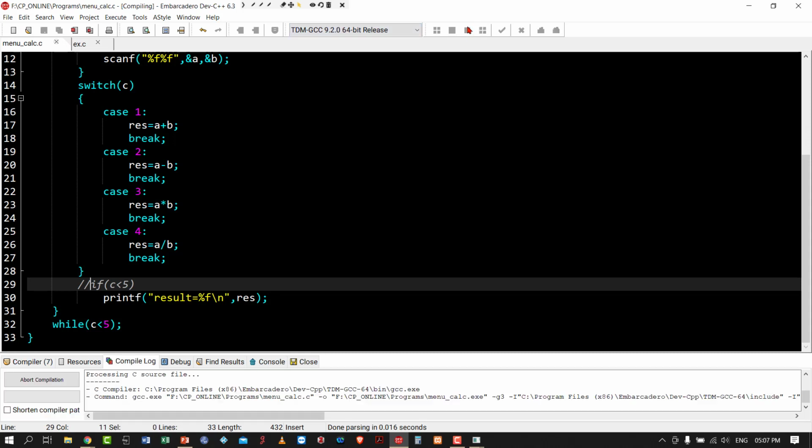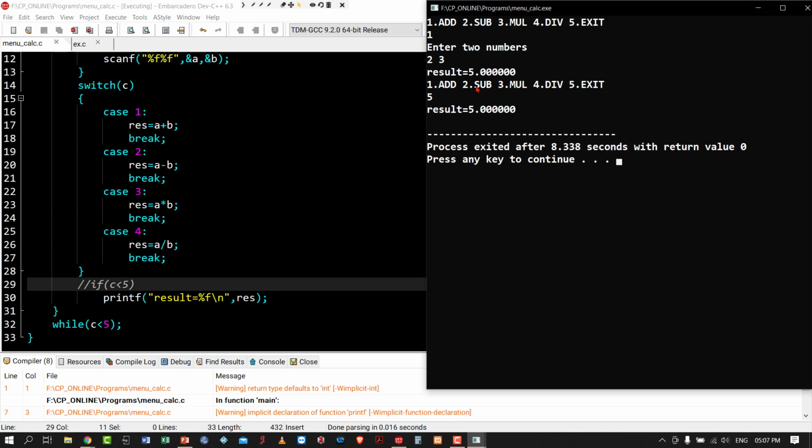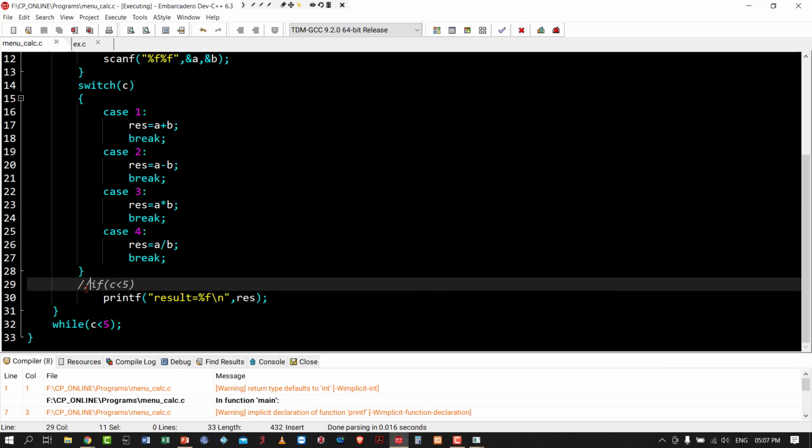Okay, I will show you. I am entering 1, 2 and 3. Now the result is 5. So I am pressing 5. Here also the result is showing 5 because the result variable is not updated after that. Is it clear? Yes. Okay. Any other doubts?